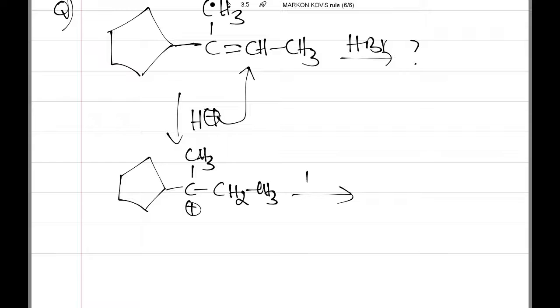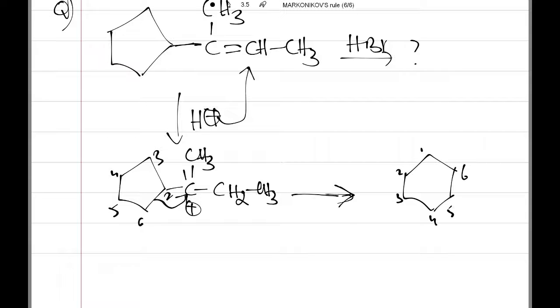Okay, after that, rearrangement takes place. Why? Because it is a 5-membered ring. Adjacent to the 5-membered ring, if it has a carbocation, there is a possibility for rearrangement. So now this rearrangement takes place, and give the numbering here 1, 2, 3, 4, 5, 6. That means 6-membered ring formation takes place here. This is the 6-membered ring I am writing. So again give the numbering 1, 2, 3, 4, 5, 6. Like this will take place, and at the first carbon we have a methyl group, and at the same time an ethyl group also. So here we have two types of groups, and the second carbon has the positive charge.